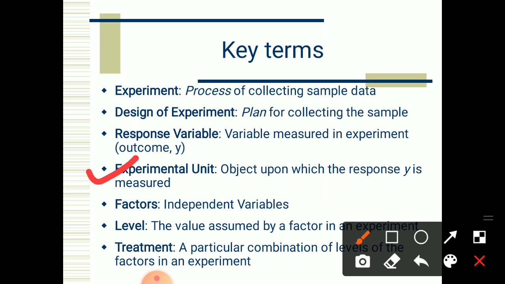Then the next point is factors. Factors are nothing but independent variables. I mentioned as the third point the response variable, and the response variable is influenced by the independent variables. Those are the factors. These factors have an influence over the response variable. For the example of milk production, I gave experimental units as dairy animals, and factors